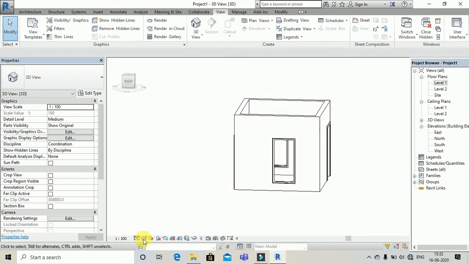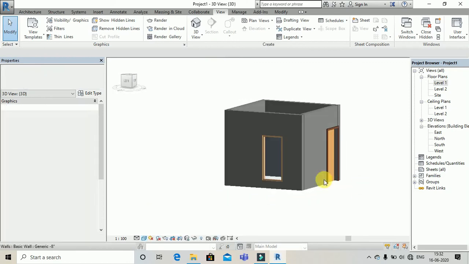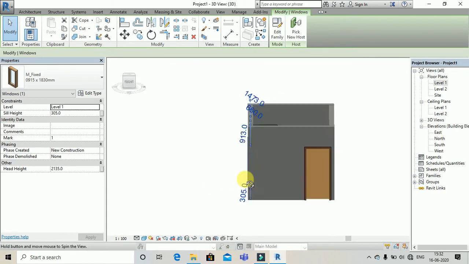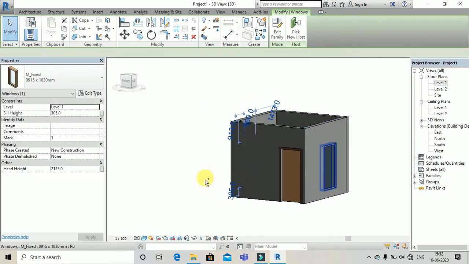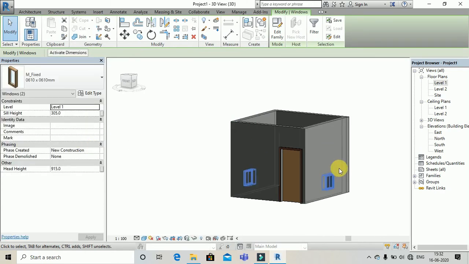Our windows are very large here. So let's go to the shaded view. This is our room. Let's make our windows a bit smaller. You can select this window, go to the window bar and make it small. You can change its sill height.